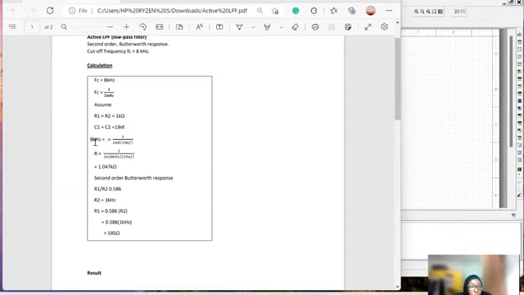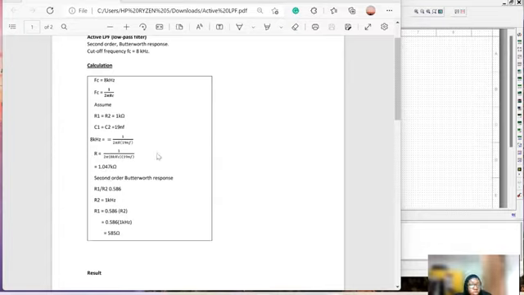So for the cutoff frequency, 8 kilohertz is equal to 1 over 2 pi R times 19 nanofarad. R equals 1 over 2 pi times 8 kilohertz times 19 nanofarad,